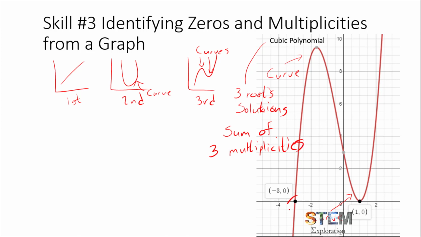But one of the things I'm going to point out here is that we only have 2 roots. So when we're looking at this, we see that we have a root of -3 and +1, but we have to identify the multiplicities